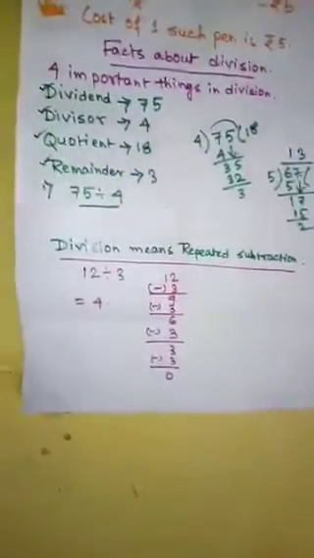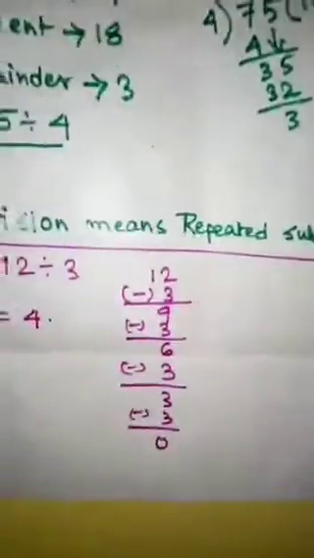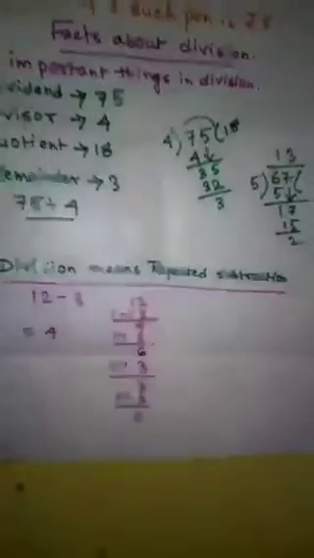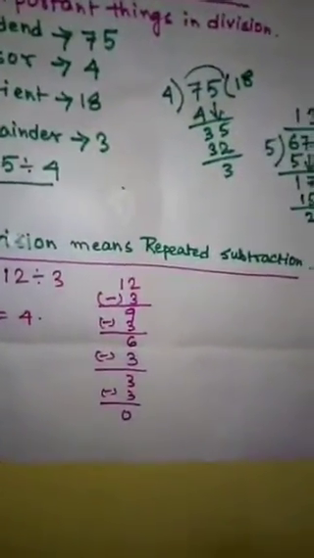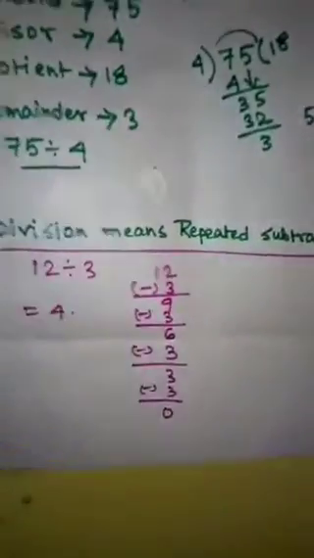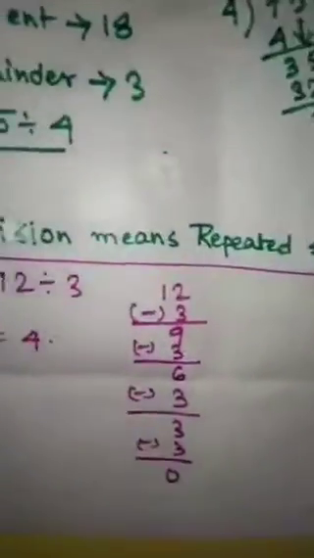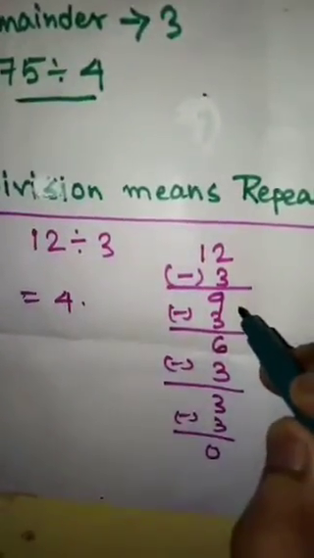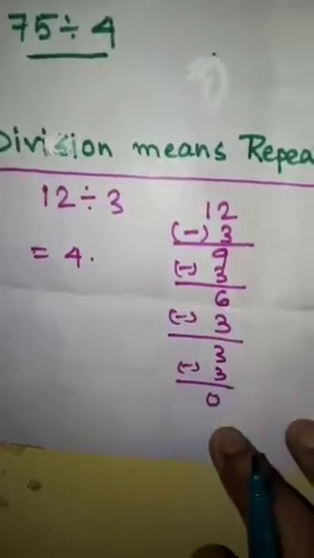Now we move to the next topic. I think Shomita ma'am discussed this thing in her previous video lesson, that division stands for repeated subtraction. Now we'll do one of them and try to gather knowledge about it. We have to divide 12 by 3. We subtract 3 at each level. When we first subtracted 3, we got 9. Again when we subtracted 3, we got 6. Again we got 3. And finally when we subtracted 3 more, we got 0.